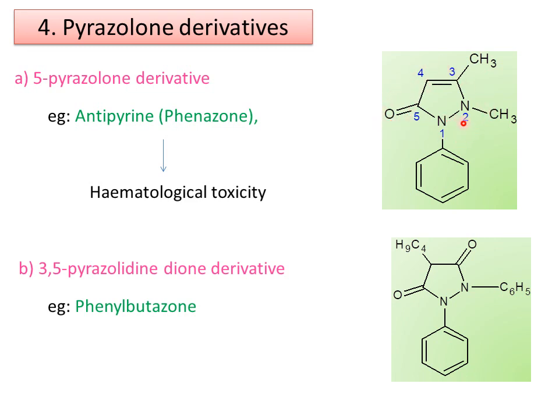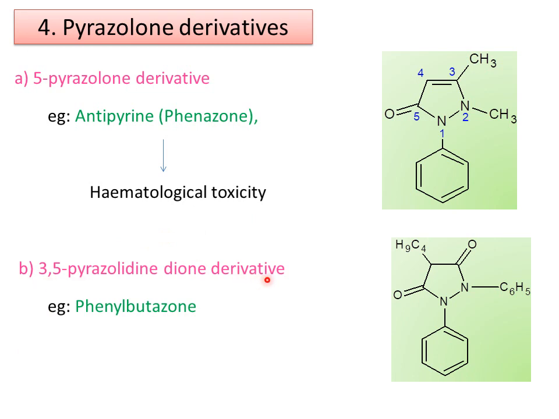This is the 5-pyrazolone structure, substituted at the first position with a phenyl, and at the second and third positions with a phenyl and methyl. This is antipyrine, also known as phenazone. The major side effect associated with phenazone or antipyrine is hematological toxicity. And the next class of compounds is